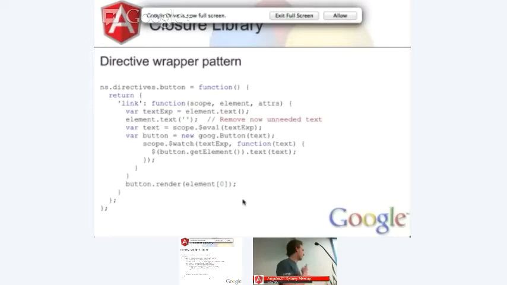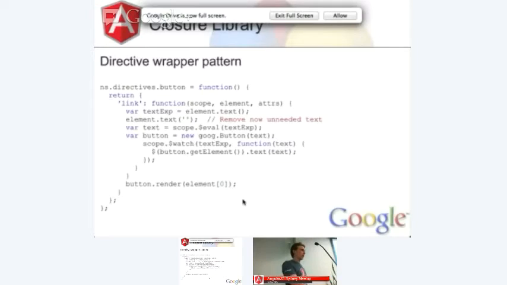So we've gone with the same thing here. And then we watch for changes on that, so that as the value of the expression changes, so if blah changes from foo to bar, that gets picked up and shown as the text on the button. So all we've done here is we've taken one of our buttons and wrapped it as an Angular directive. There's a few other things to pick up in here in terms of how the directive is declared. But the important part here is how we've wrapped the button.